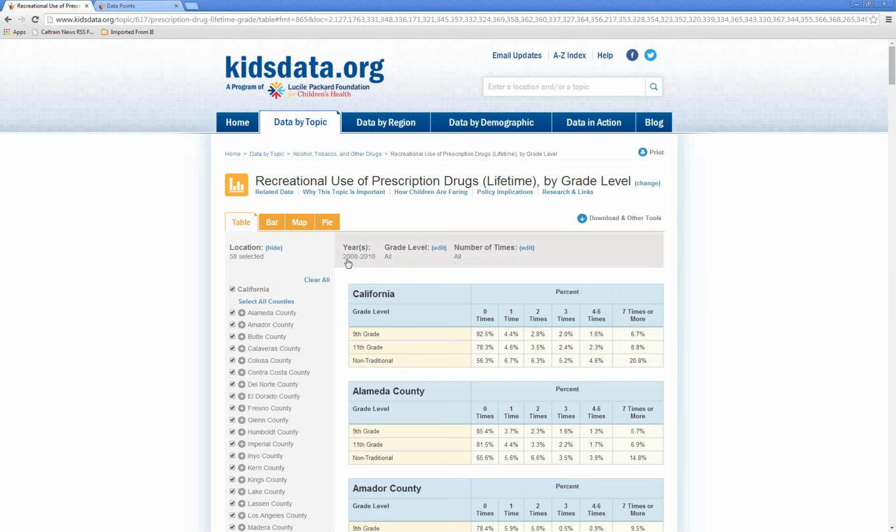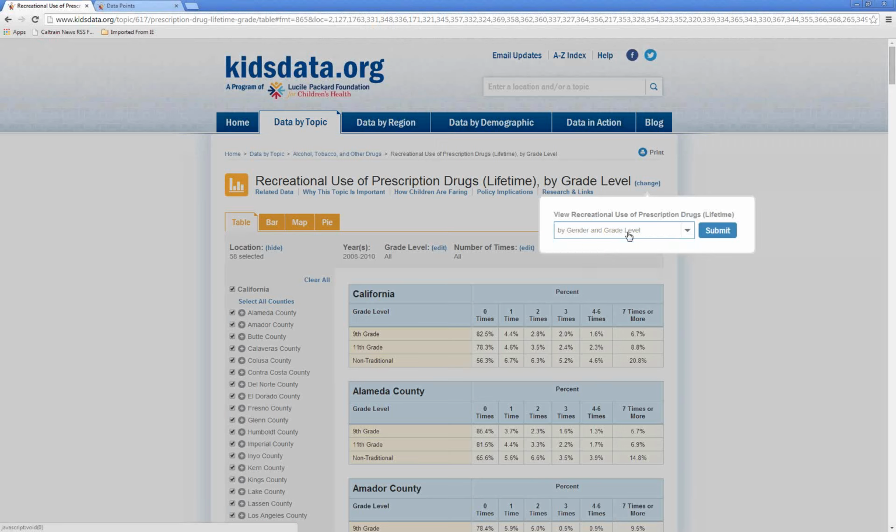As you can see, the data are from 2008 to 2010, and again, we are going to be updating these data before too long. So you can see these data in a variety of ways. The by grade level disaggregation doesn't allow you to see the change over time because it was only disaggregated at the grade level for 1 year, but I think that